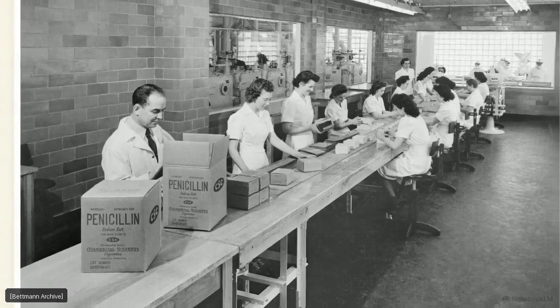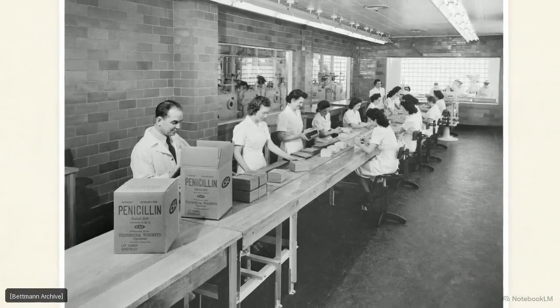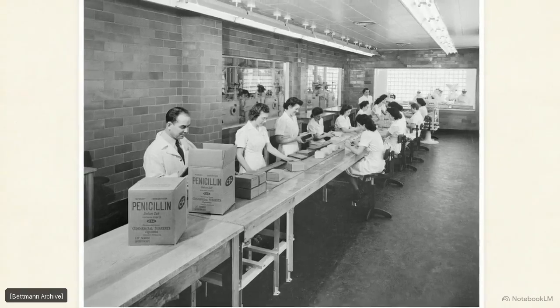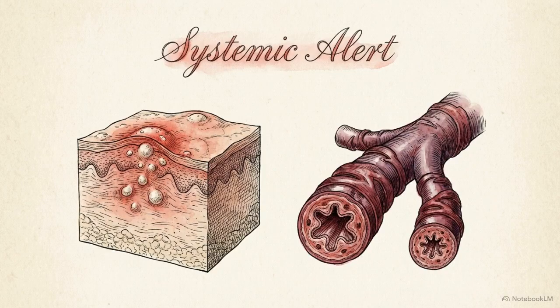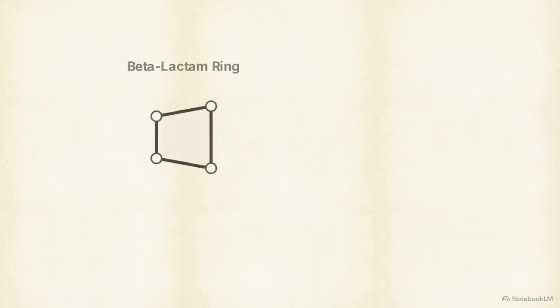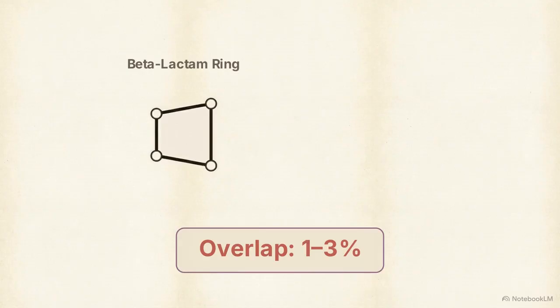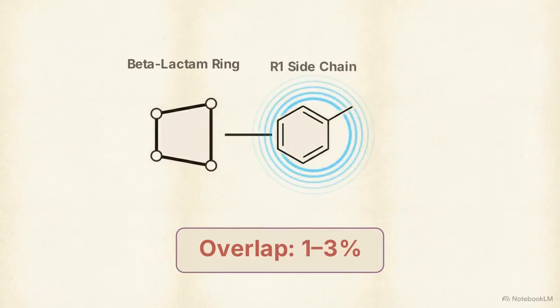While 10% of the U.S. population reports a penicillin allergy, over 90% of these patients lack a true allergy upon skin testing. True IgE-mediated reactions manifest as urticaria, bronchospasm, or anaphylaxis, while symptoms like nausea are classified as intolerances. Cross-reactivity between penicillin and cephalosporins is remarkably low, between 1 and 3%, because it depends largely on the presence of